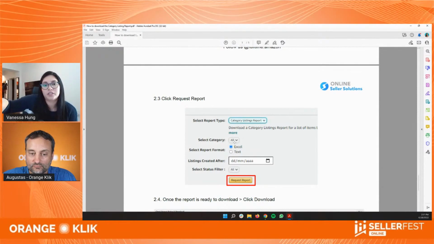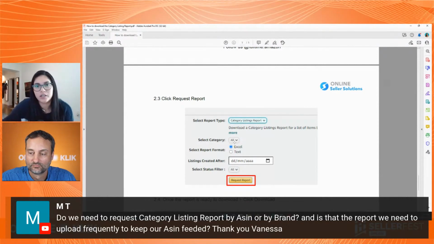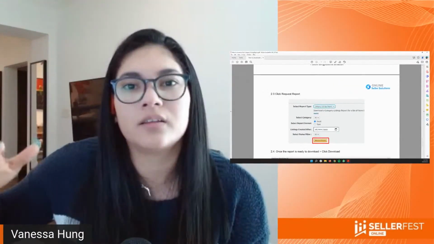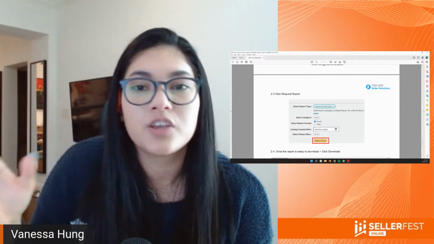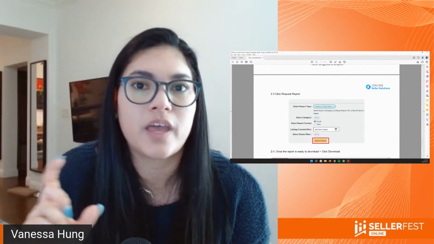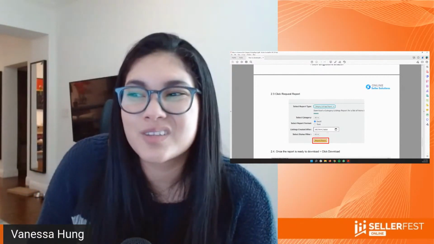So if you filter it, you can have just the ones that are in food, just the ones that are in clothing, just the ones that are in sport and outdoor, or whatever it is. And listings created after. This feature is just if you release a line in 2021, right? That's the newer line of your product. You don't want to get the information of the ASINs that you developed in 2017. So you can use this.